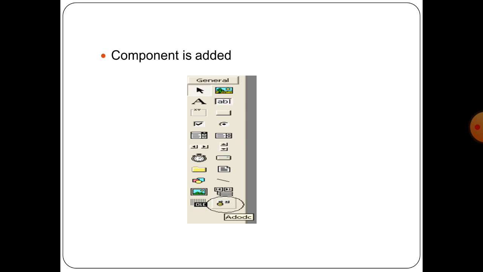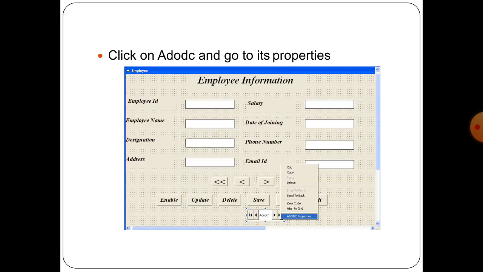Like that, we can also add some more components to our toolbox. Those are called extrinsic controls. These controls must be added, so we must go to the project menu and add these particular controls. So I have added this ADO DC control.